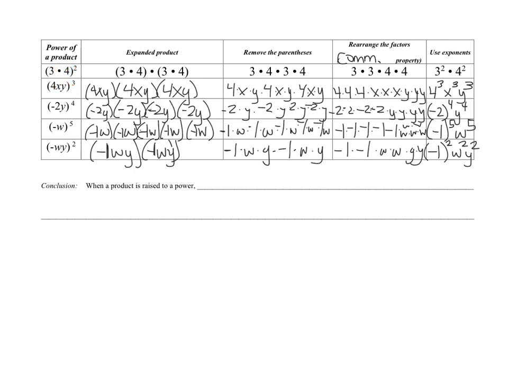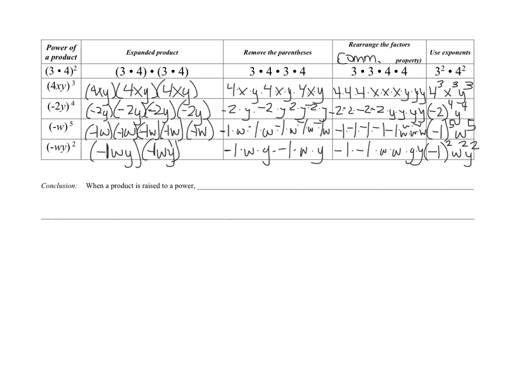So this one gave me 4 to the 3rd, x to the 3rd, y to the 3rd, negative 2 to the 4th, y to the 4th, negative 1 to the 5th, w to the 5th, negative 1 to the 2nd, w to the 2nd, y to the 2nd. So it's kind of like you're distributing. It's not called distributing though, but you're taking the exponent and you're bringing it in to all the factors inside the parentheses. So when a product is raised to a power, my rule is that we're going to say that